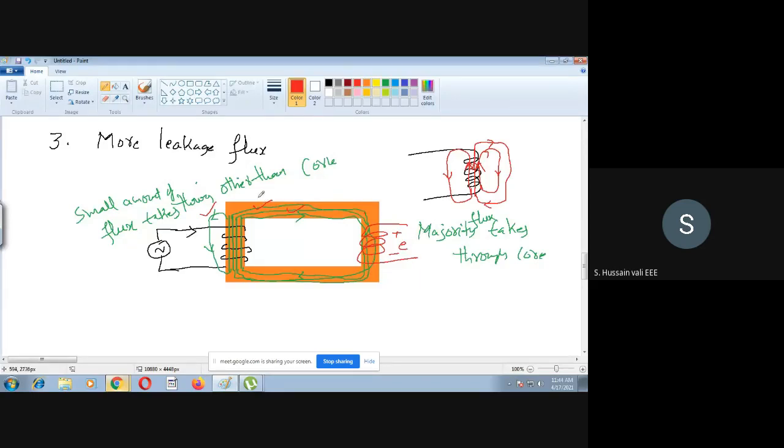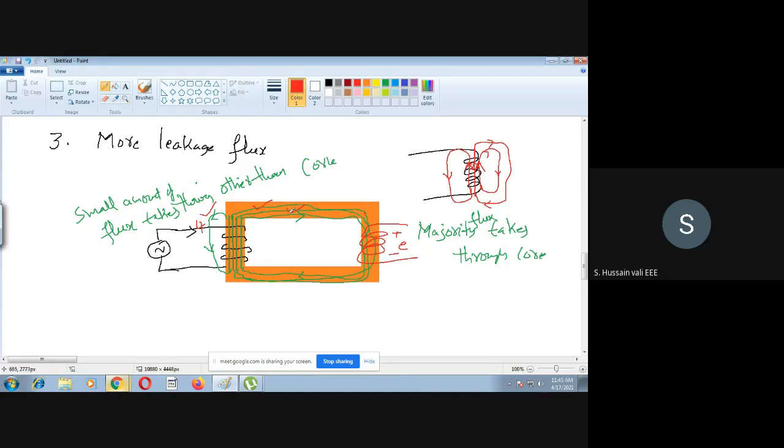So only these three flux lines which I have drawn here are linking the secondary winding also. So these three flux lines are linking both primary winding and secondary winding. Whereas there is one flux line here. This is the fourth one, I will write here four. This fourth flux line is linking only the primary. It is not linking the secondary. It is taking the closed path through air.